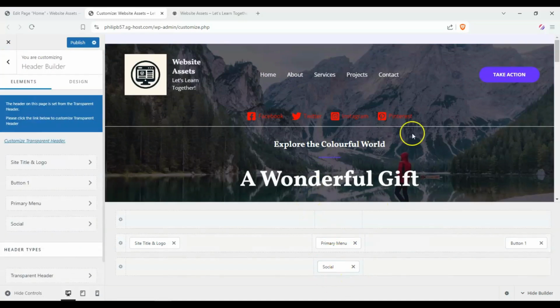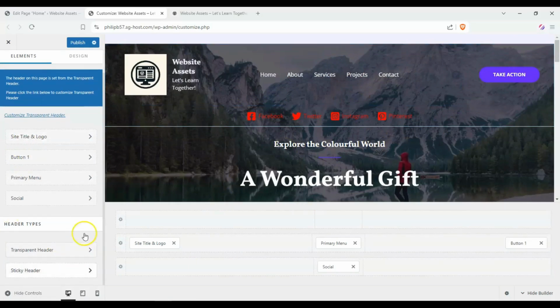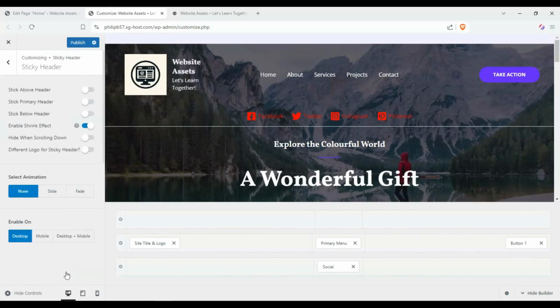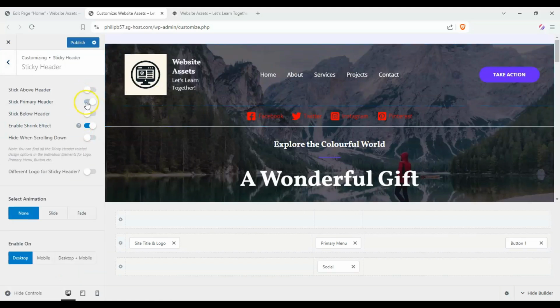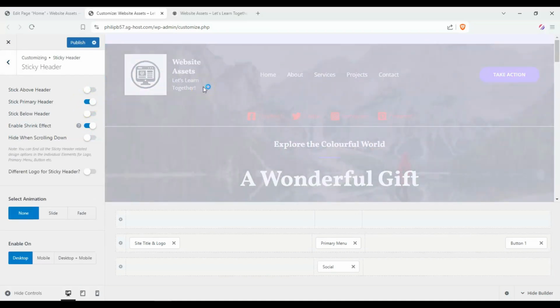So what else can we do here besides change the colors, add items, add links, add widgets, and so on? The last thing that we're going to show you is how to enable the sticky header. And keep in mind, in order to unlock sticky header, you have to install Astra Pro. So here on the header builder, we can go ahead and click on sticky header, and we can choose only the sticky primary header, and you'll see that